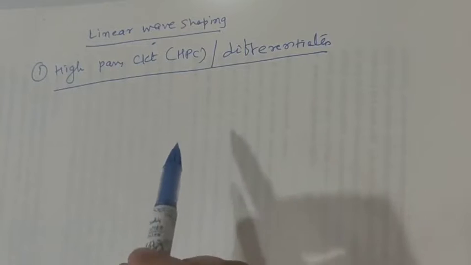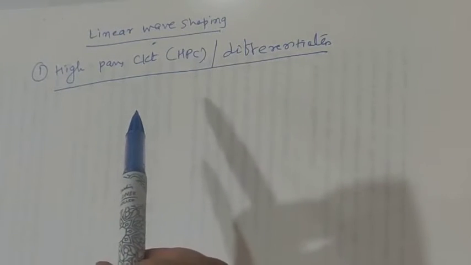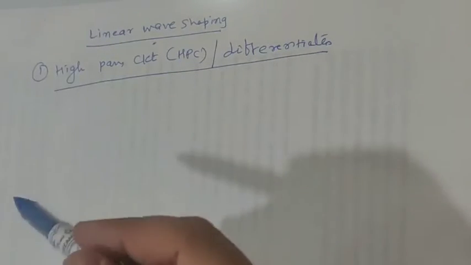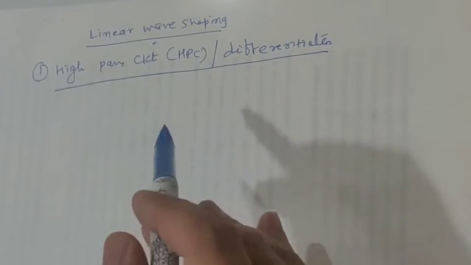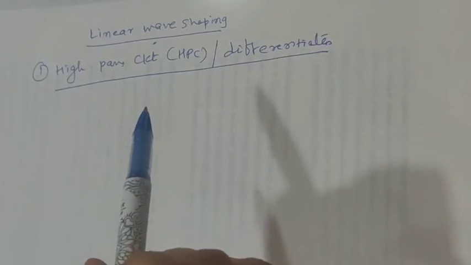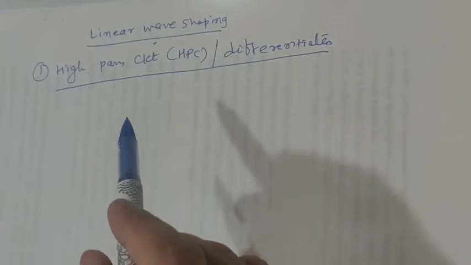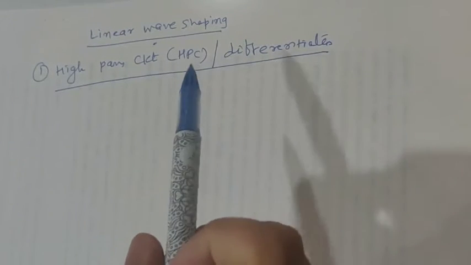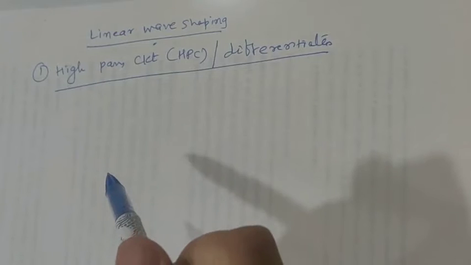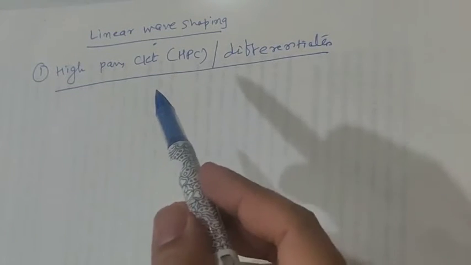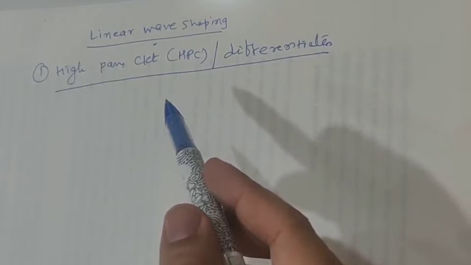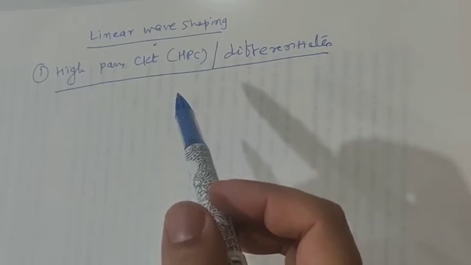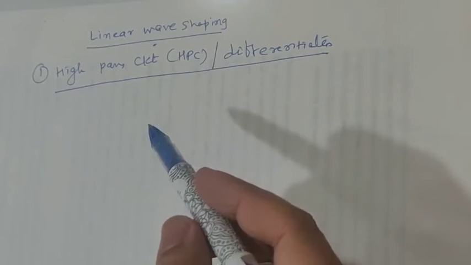Okay, so what is the high pass circuit? It is a network of passive elements which allows the high frequency components to pass through it, and it blocks the lower frequency components. Remember, there are two types of signals in electronics that we usually talk about, the AC signal and the DC signal. The AC signal is the signal which contains frequency. We can classify them into higher frequency signals, and the signals which have low frequency or whose frequency is zero, I can talk about as DC signals.